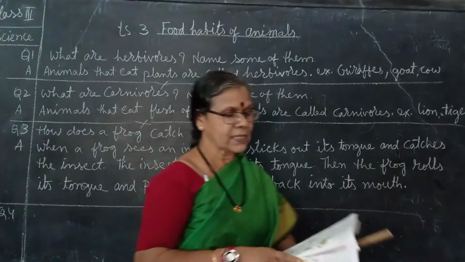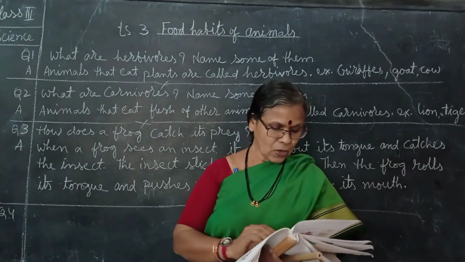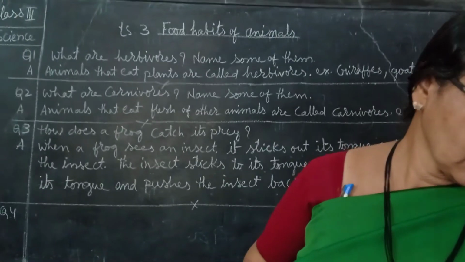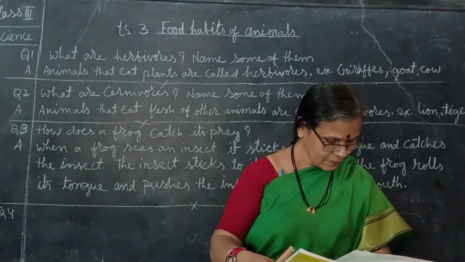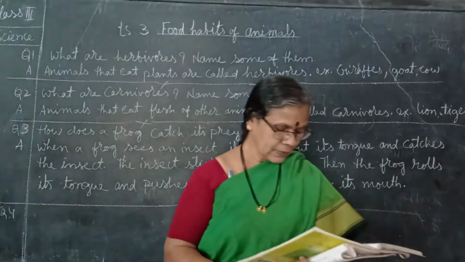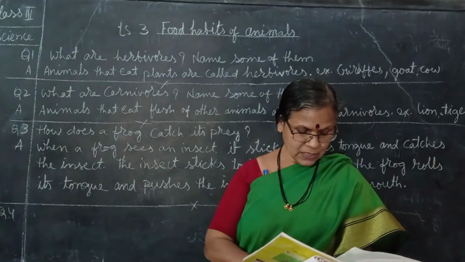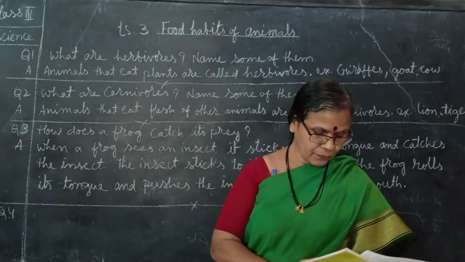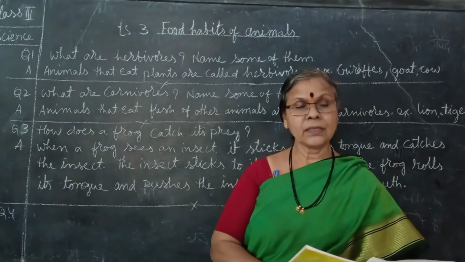Now, one more question's answer. We have to read all the questions and answers, so that's why. Now, how are the teeth of a carnivore? Open your notebook also, classwork notebook. We have carnivorous animals have very sharp pointed front teeth which help them tear the flesh. The broad and flat teeth at the back help them to chew the flesh.